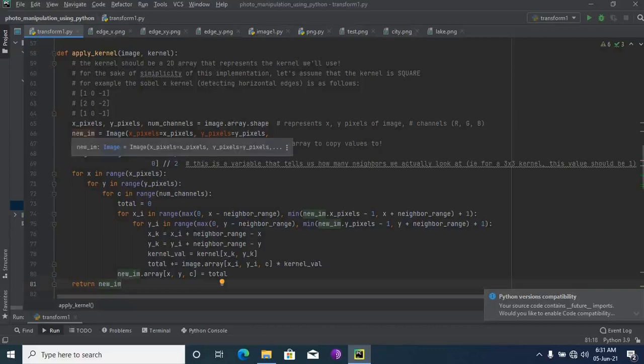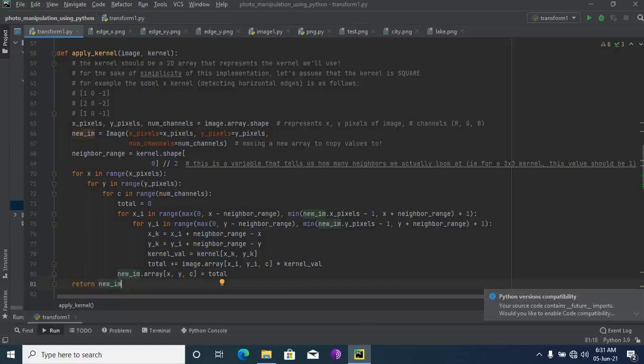Then I'm assigning a new image, a mutable image that we can change, like a duplicate image. I'm indexing the new image with x pixel, y pixel, and num channels, making a new array to copy values to.